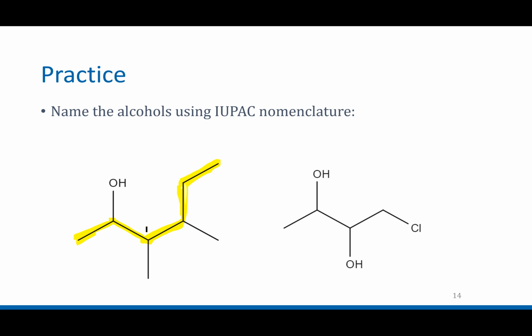So what I mean is when you guys are doing questions, be careful. I'm not really the type of instructor that tries to trick anybody, but just be careful. Make sure you are counting your longest chain. So my parent here is obviously hexane. So this would be, of course, hexanol. But I notice on the third and the fourth, I have methyl groups. So this would be 3,4-dimethyl, and then